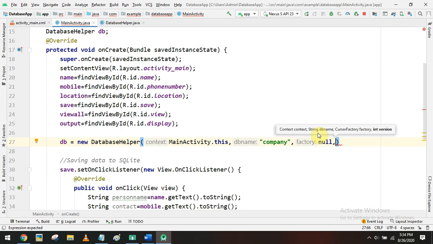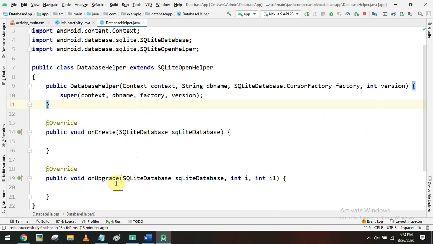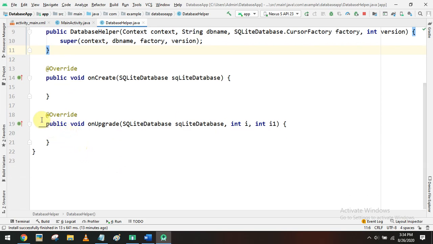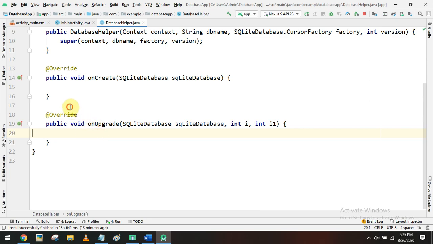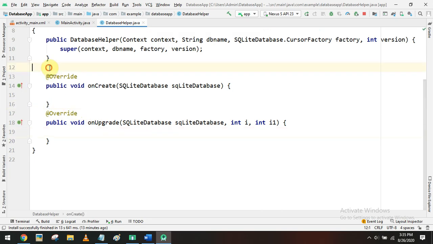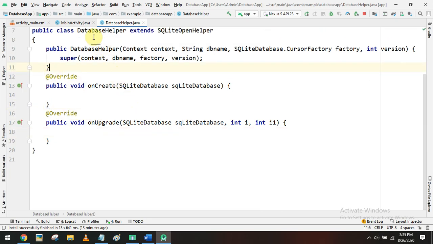Then followed by, first time when you are creating the database, we have to start with the version 1. Then when you are updating the database, we can give it as a 2, so that whenever you update the database, this function will be automatically called. Okay, right? So now what